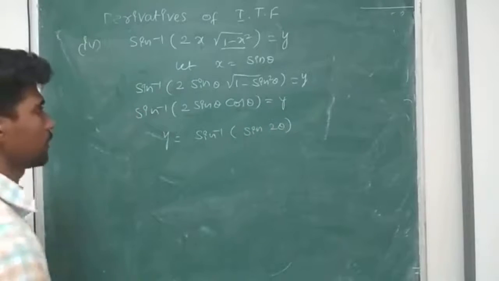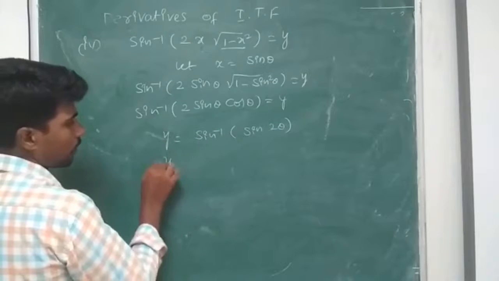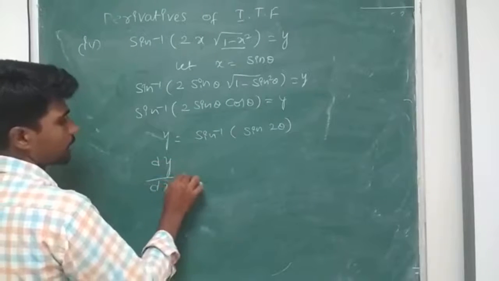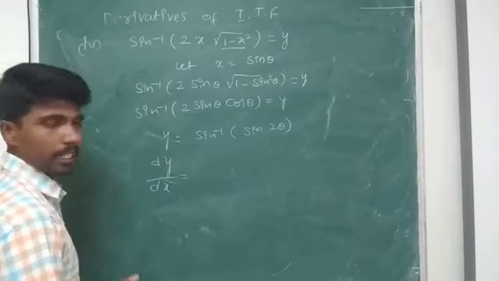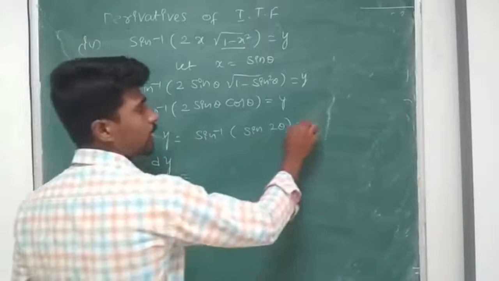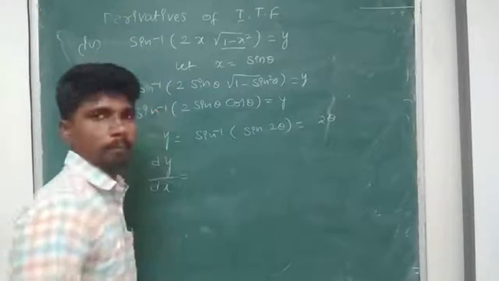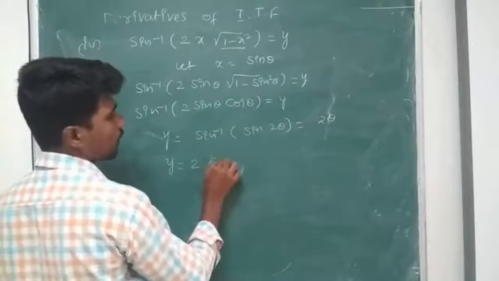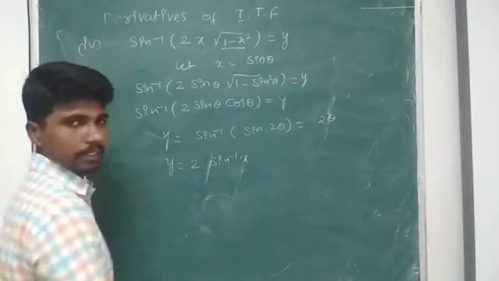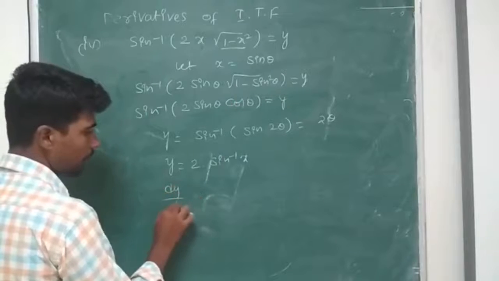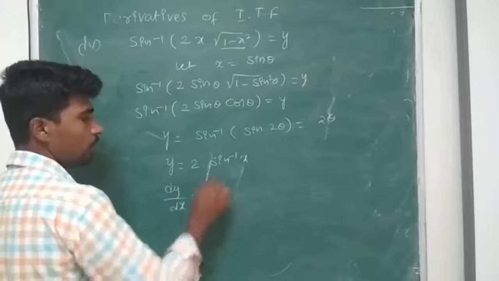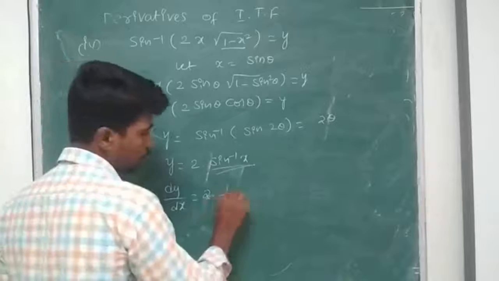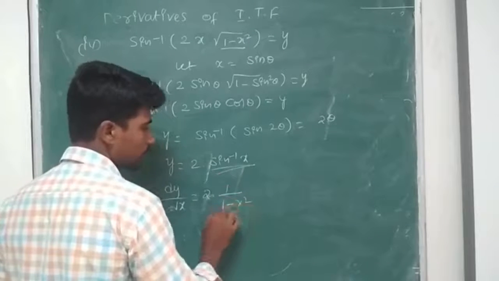Now I want to find dy by dx. Before that, sin inverse of sin 2 theta can be written as 2 theta. Then y is equal to 2 theta, where theta is sin inverse of x. Now dy by dx is equal to 2 into the differentiation of sin inverse x, 1 by root of 1 minus x square, and then